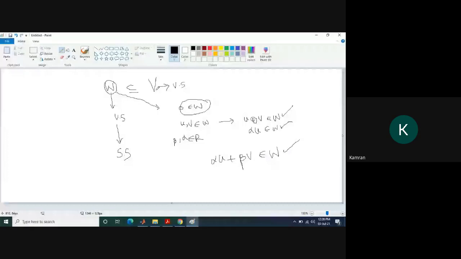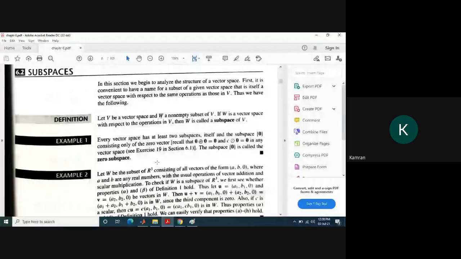Here this example is given that a set which contains only the 0 element is a 0 subspace, and it is a subspace of any vector space. It is a subspace of R, it is a subspace of R square, क्योंकि ये इन सारे सेट्स का सबसेट है. 0 तो हर एक सेट का सबसेट है ना, तो जितने भी सेट्स हमारे पास वेक्टर स्पेस बनाते हैं उनका अगर ये सबसेट है तो ये उनका सबस्पेस कहलाएगा.